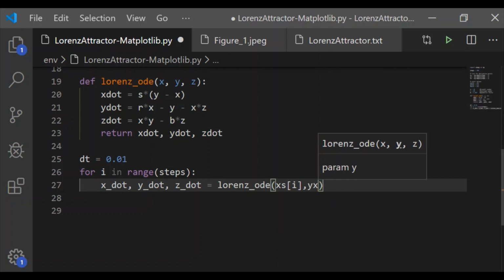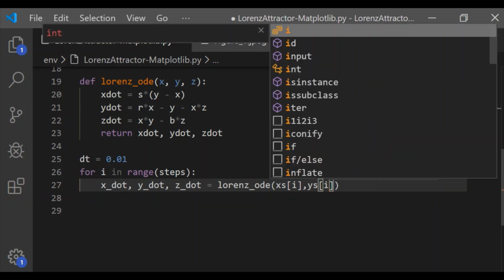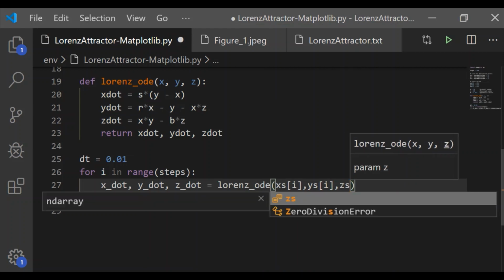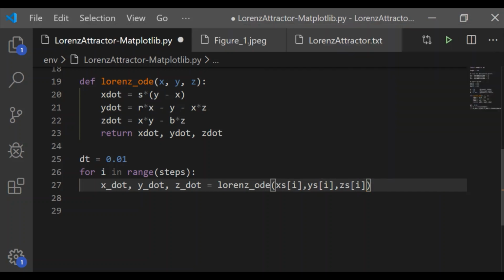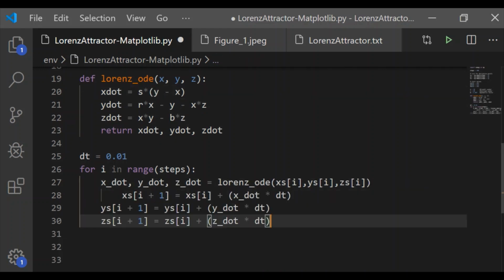Here, as I ranges from 0 to steps, we will get the values of x dot, y dot and z dot depending on the previous values of x's, y's and z's.